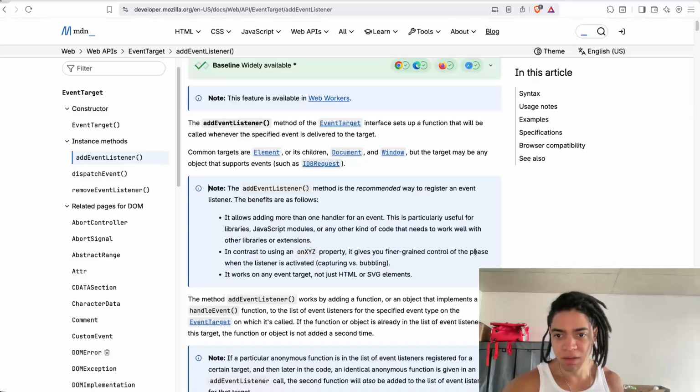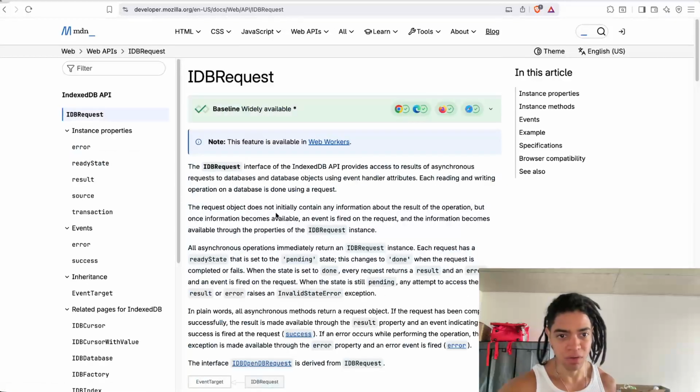You know, there's some concept here, the phase when the listener is active. It works on any event target and not just HTML and SVG elements. On any event target. So if that element supports events, such as IDB requests,